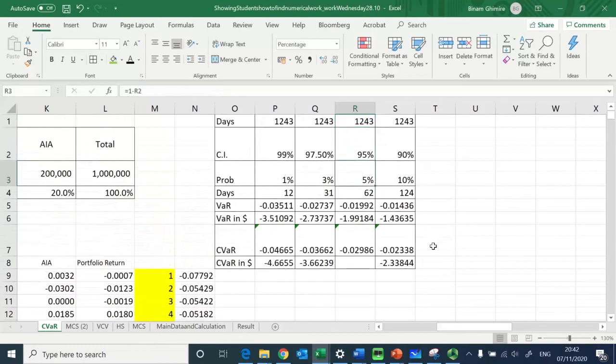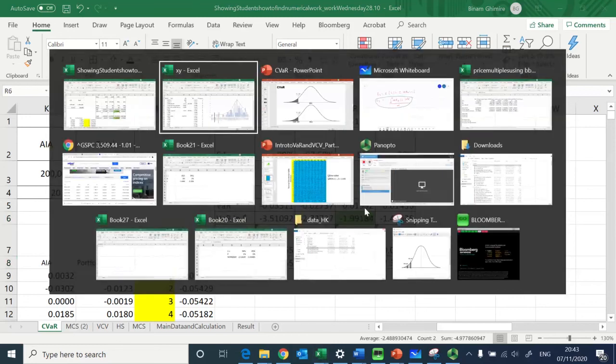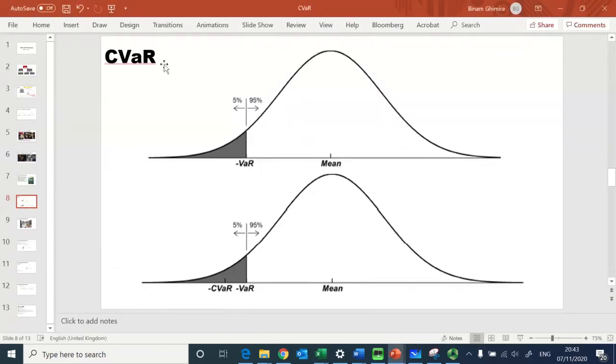that number. And assuming you had, let's say, invested 100 million, then you multiply this to find out the CVaR in dollars. So you see the CVaR is 2.98, whereas the VaR is only 1.99. You see the big difference it makes in terms of the expected loss amount. Hence, what you can say is CVaR talks about the loss on the tail side, whereas the VaR stops at